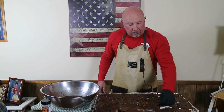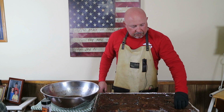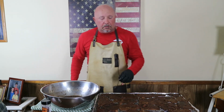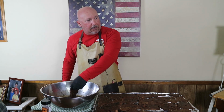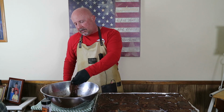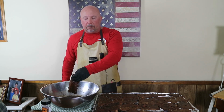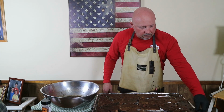Today I'm going to be cooking on the Traeger XL. I was going to cook on the Traeger Ironwood out there in the grill shed, but it is rainy, it is nasty, it's kind of chilly outside, and it's just a nasty day. But the XL is right here on the back porch, and so that's what we're going to cook on today